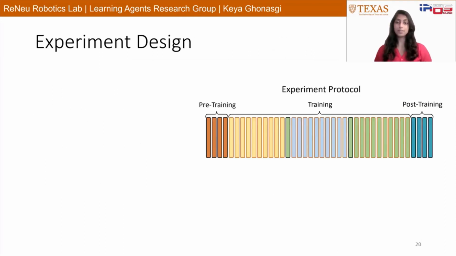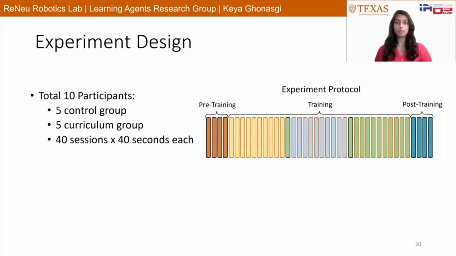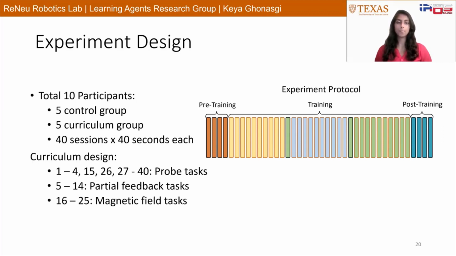A total of 10 participants performed 40 sessions of the game, where each session was 40 seconds long. The participants were randomly assigned to either the control or curriculum group. The control group practiced the same target task for all 40 sessions, while the curriculum group were trained using the following curriculum. The first 4 sessions were the same as the target task, providing a baseline estimate of the participant's